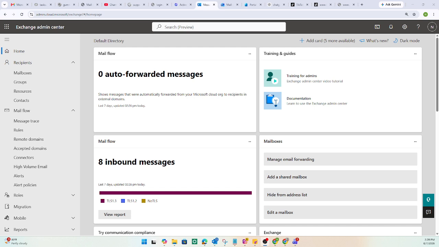In this video, we'll walk through how to configure an external email rule in Exchange Admin Center to flag or protect against outside messages. As you see, we already are logged in to Exchange Admin Center on admin.cloud.microsoft. For this, we're going to need to go to Mailflow,